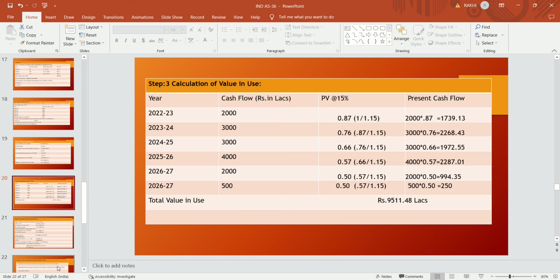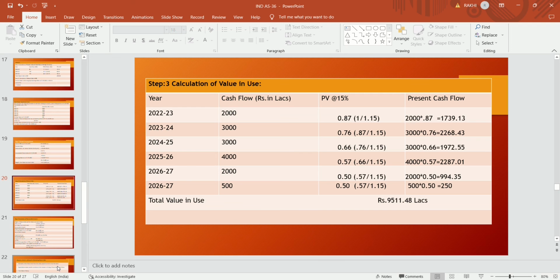Now we will discount it at a present value rate of 15%. So 1 divided by 1.5 gives rise to 0.87. In the same way, we will find out the present value rates. Then we will multiply those present value rates with the cash flow to get the present value of cash flow. That is 2000 into 0.87, which gives rise to